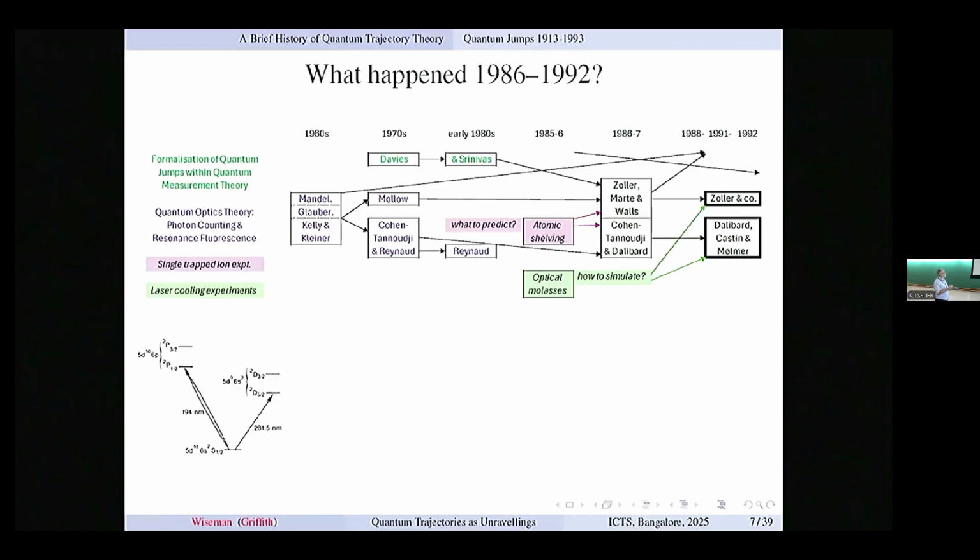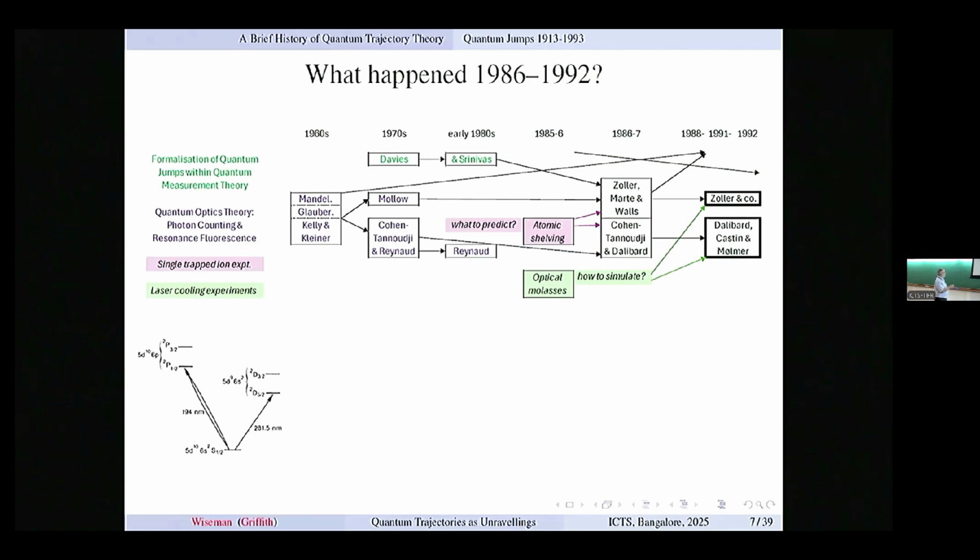Okay, so there were developments happening then. But the really important kick, which changed things, was experimental progress. In particular, the ability to trap a single ion, and Klaus gave a beautiful movie to illustrate this. Hopefully everybody saw his talk yesterday. He also put up a picture that looked much like this. The particular experiment that came to fruition in the mid-1980s was this atomic shelving experiment,